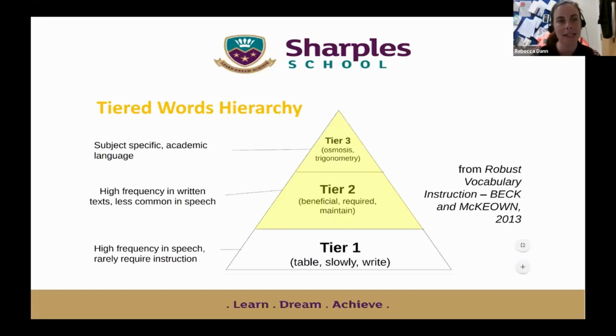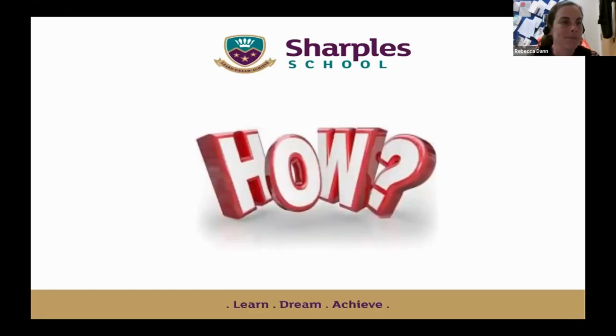And particularly this idea that as teachers we are more likely to skim by the tier 2 vocabulary, so we might use words like beneficial, required, maintain in our teacher speak, but we might not explicitly teach those words. And also the review of tier 3 vocabulary, so we made sure that students remembered it. So we really focused what we did whole school on that concept.